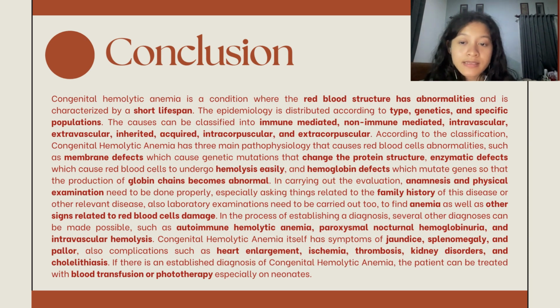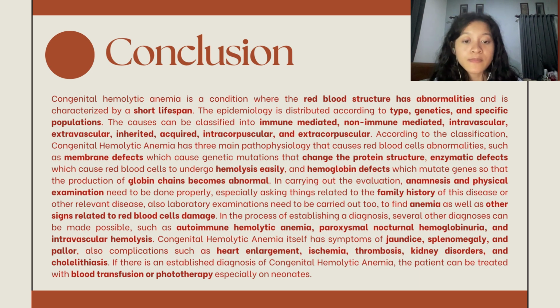So the conclusion is, congenital hemolytic anemia is a condition where the red blood cell structure has abnormalities and is characterized by a short lifespan. The epidemiology is distributed according to type, genetics, and specific populations. The causes can be classified into immune-mediated, non-immune-mediated, intravascular, extravascular, inherited, acquired, intracorpuscular, and extracorpuscular. According to the classification, congenital hemolytic anemia has three main pathophysiologies that cause red blood cell abnormalities, such as membrane defects,